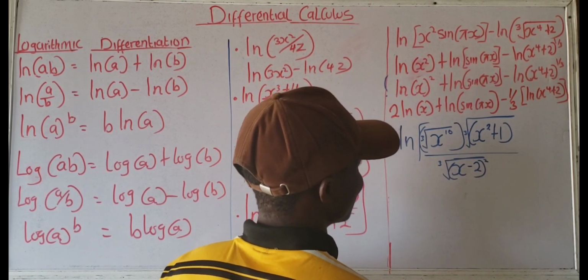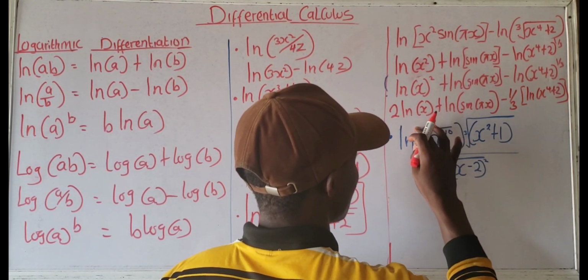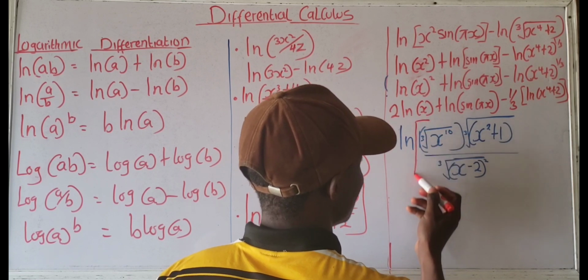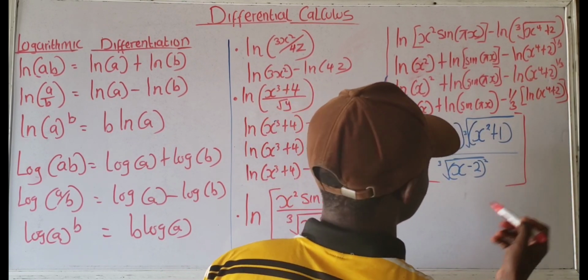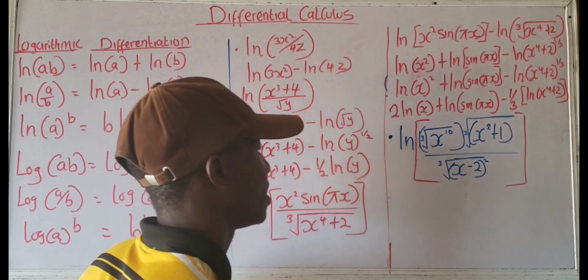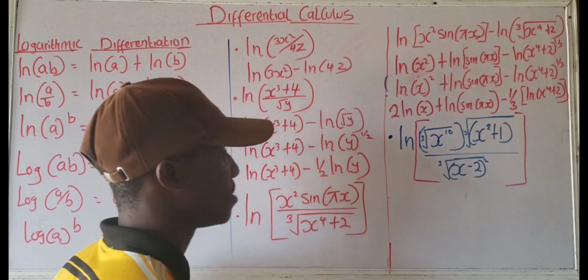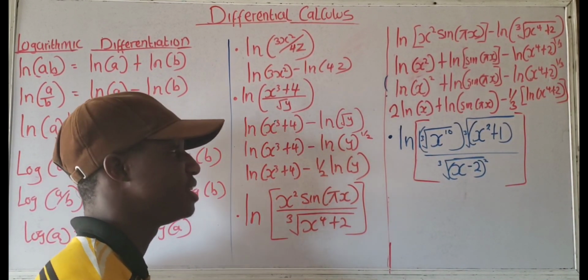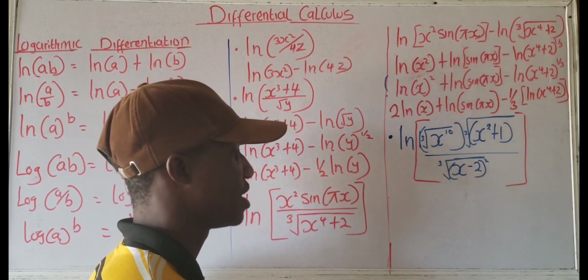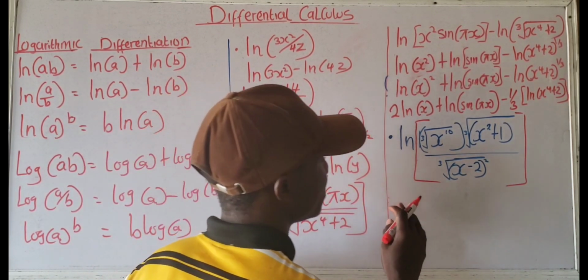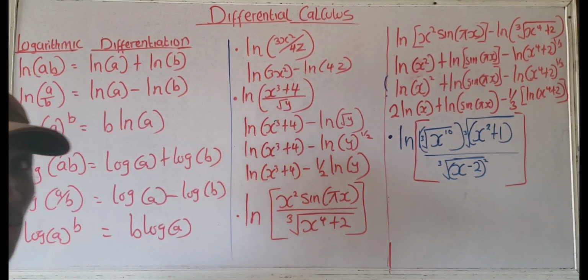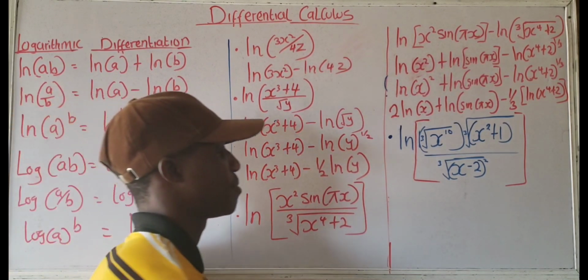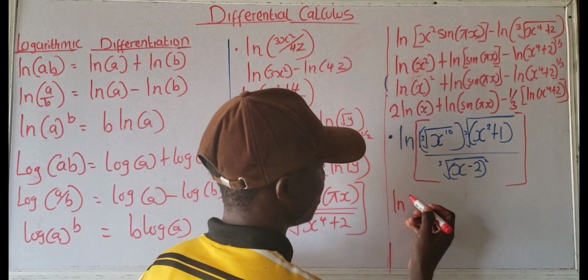How do you expand this? Let's say you come across this question in an exam, you have to expand this logarithm. How do you expand it? It's simple. In dealing with this question, the first step is to deal with the quotient, you understand? So here we are going to have the log of the quotient is the difference of the log. So here I'm going to have ln